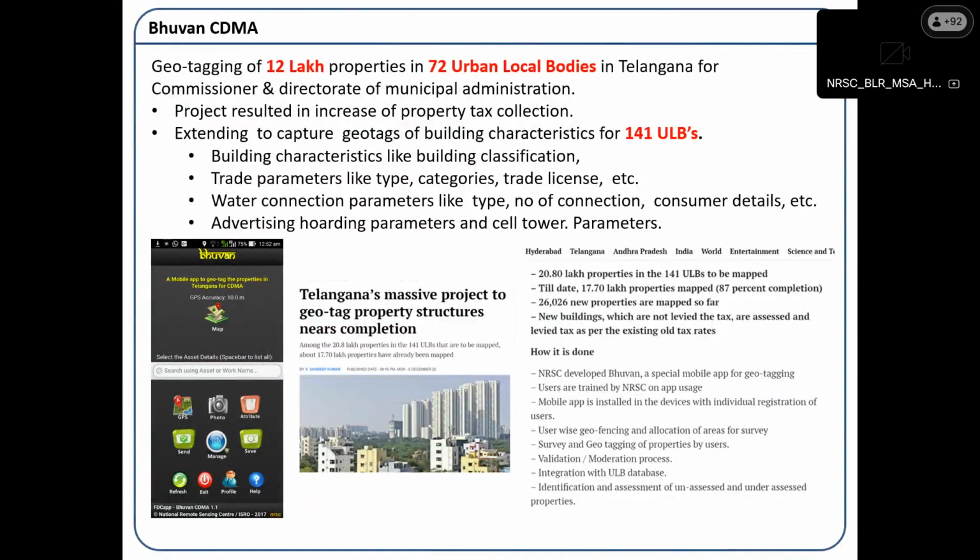So this solution has enabled the department to identify the reassessable houses, and they were able to reassess the houses and generate a huge amount of taxes, in the order of hundreds of crores. So this has actually led into a phase 2 sort of project, wherein we have tried to even capture